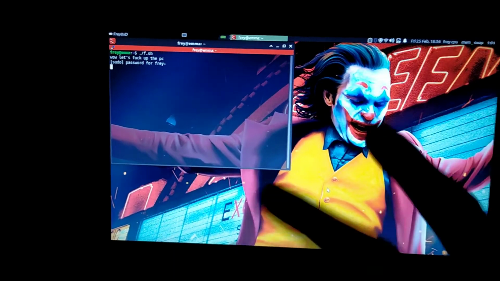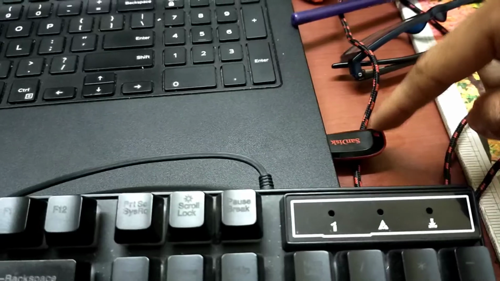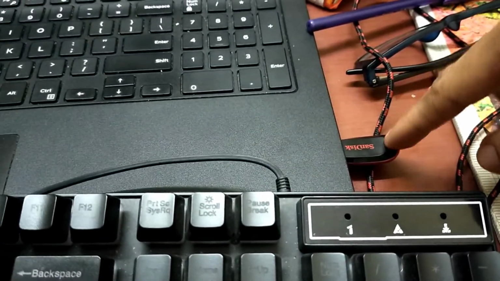Now shut down your machine and just wait for what I'm doing. The first thing you need is to have plugged in your flash drive, USB, stick, whatever you call it, and then restart your PC, your machine, and then press the boot key, of course.